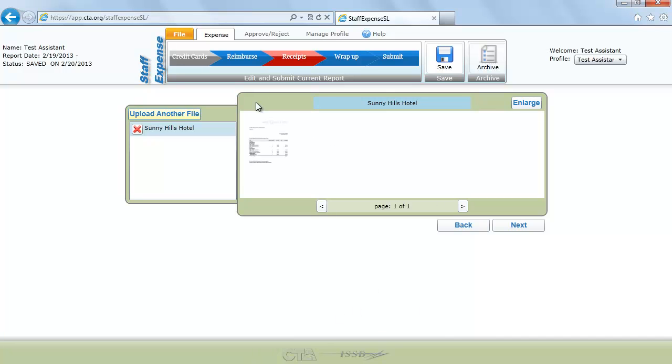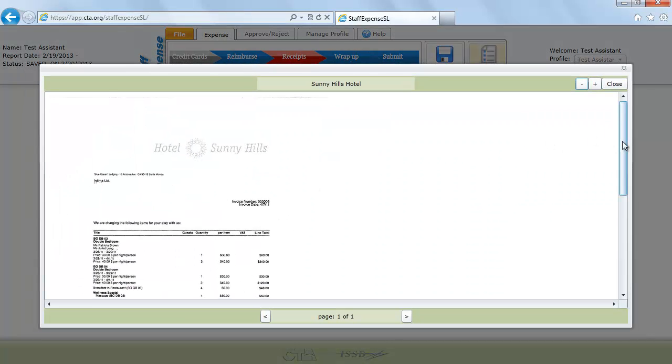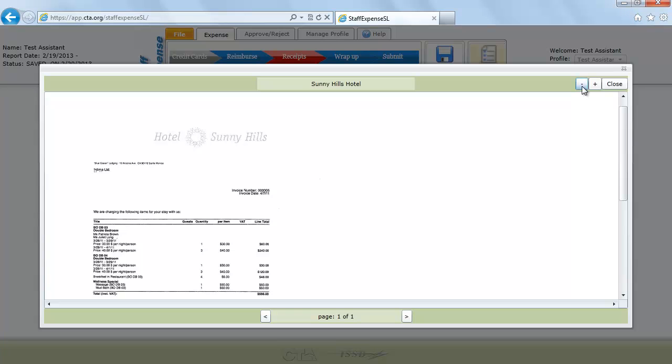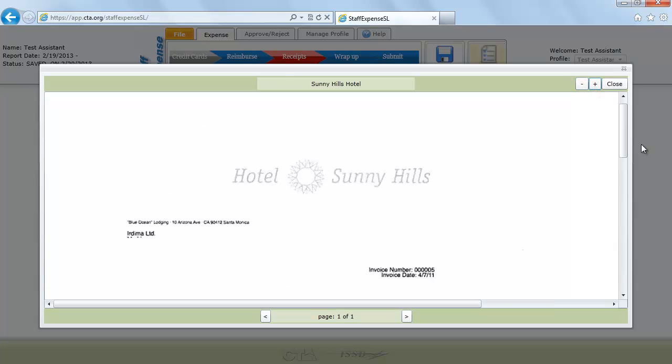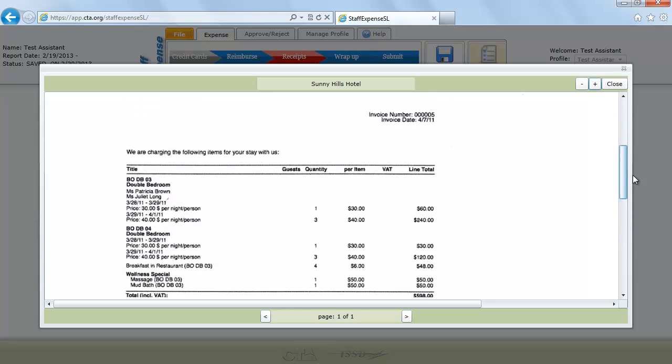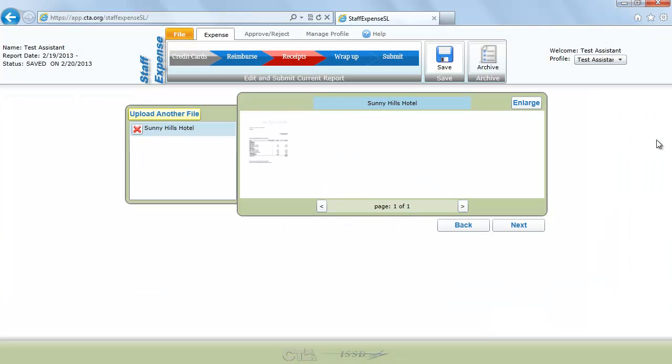A second dialog box will show up showing a preview of your receipt. You may enlarge the receipt preview by clicking on the Enlarge button in the upper right-hand corner. This will allow you to also zoom in and out using the plus and minus signs of the dialog box. If your receipt is multiple pages, you would be able to scroll through those pages using the arrows at the bottom of the box. If you're done looking at the preview, you can click on the Close button and continue